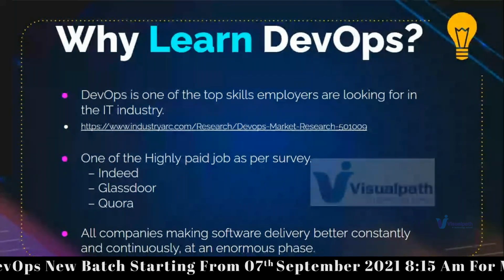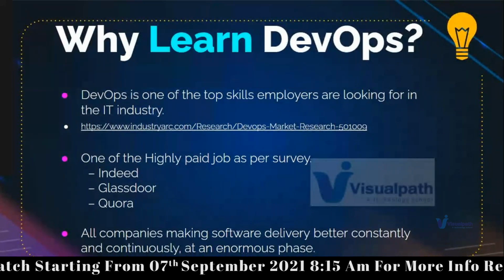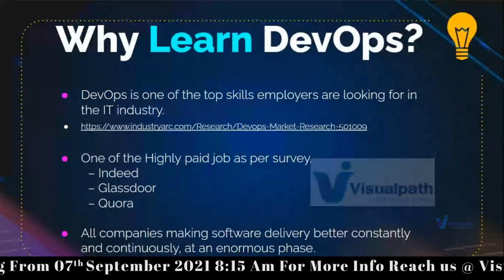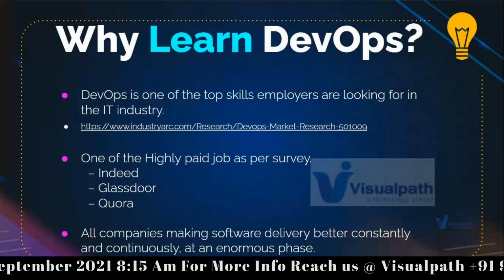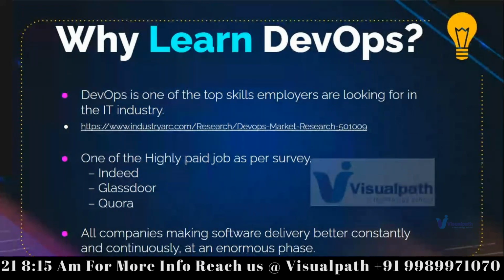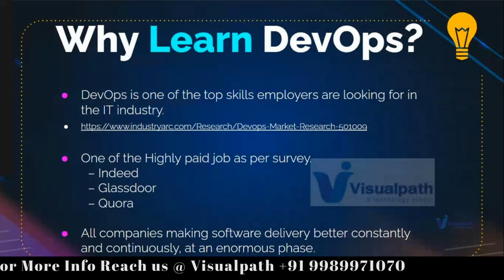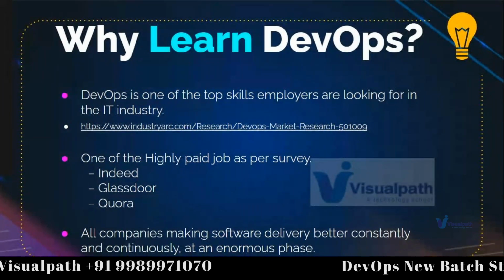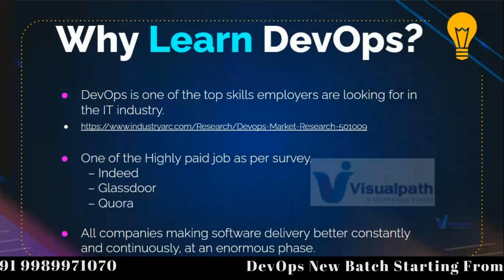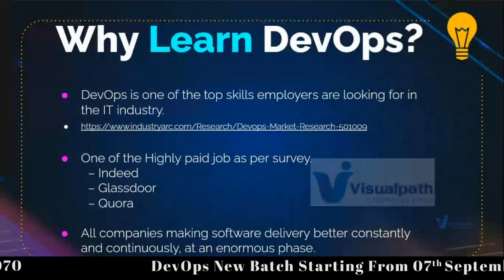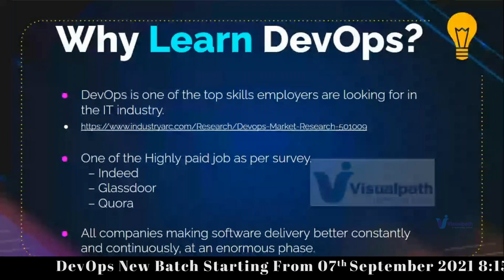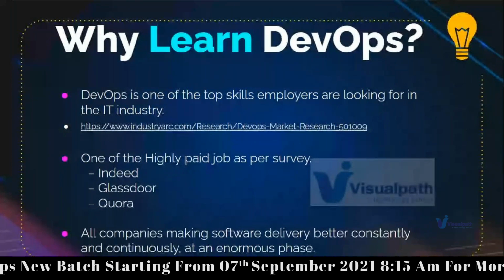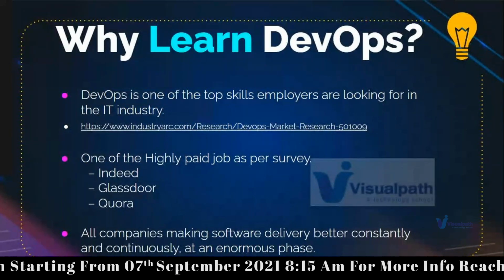Similarly, for software, the developers have become very fast and the products are getting new features every now and then, but the operations team was slow for a long time. Why? There is also a very good reason for that. It's not that they don't know how to do it, they have their own reasons. So there is a huge gap between development and operations, and because of that the delivery is slow, and DevOps